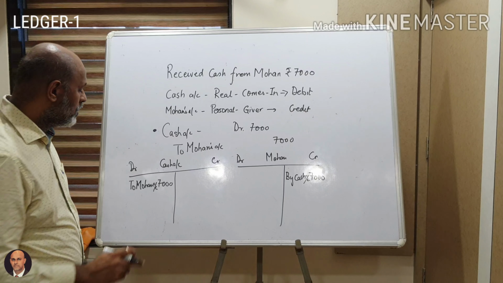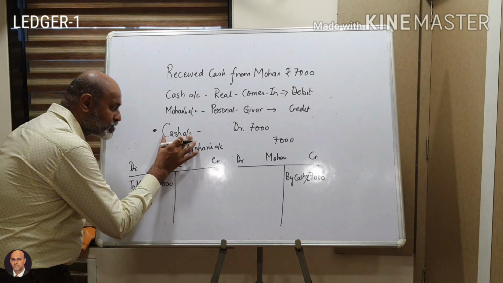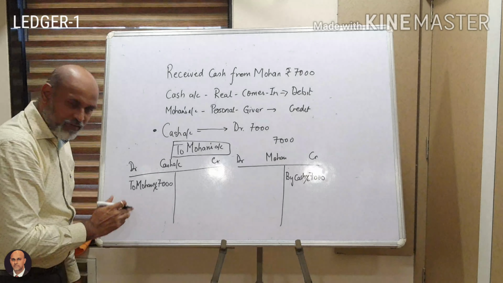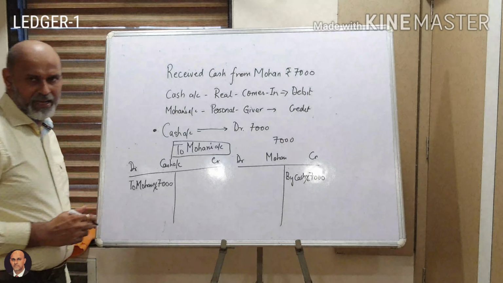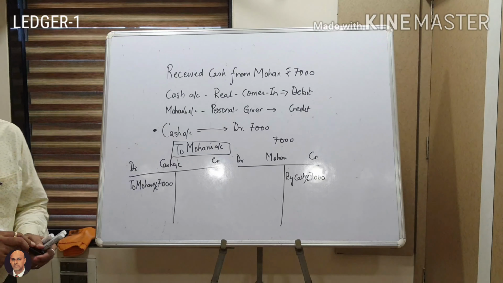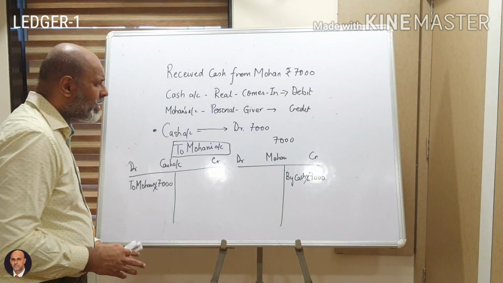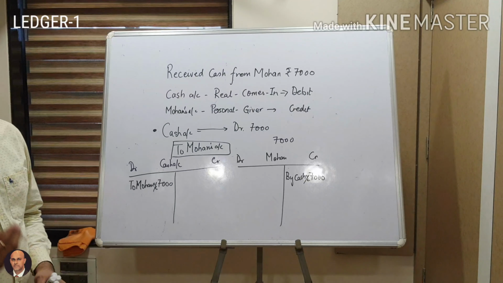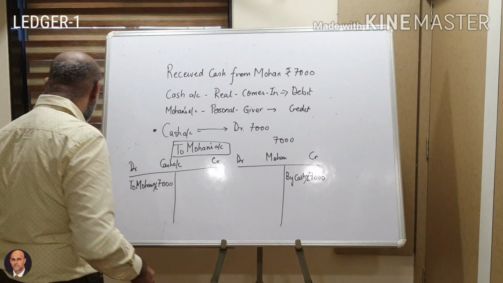Okay, understood? So what are you going to do? Cash account debit to Mohan. First, go to cash account. Go to the debit side of cash account and write down to Mohan. Since you have written to Mohan, you are going to the opposite side of Mohan and you are going to write by cash. Okay, fine. So this is the first fundamental which you need to understand when you are putting your ledger account. Be thorough in this. I'll give you a few more examples which you can do on an assignment basis, and then we shall carry forward from there onwards.